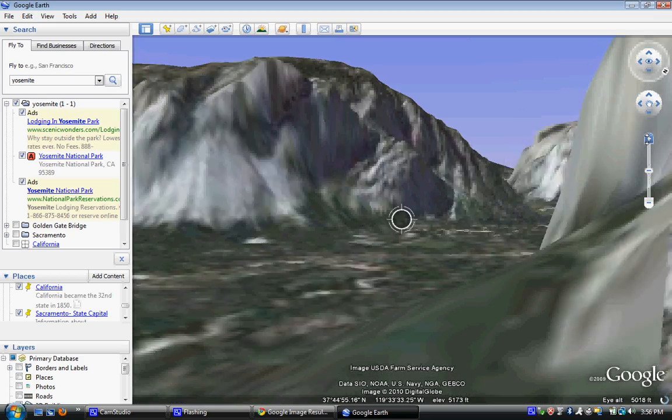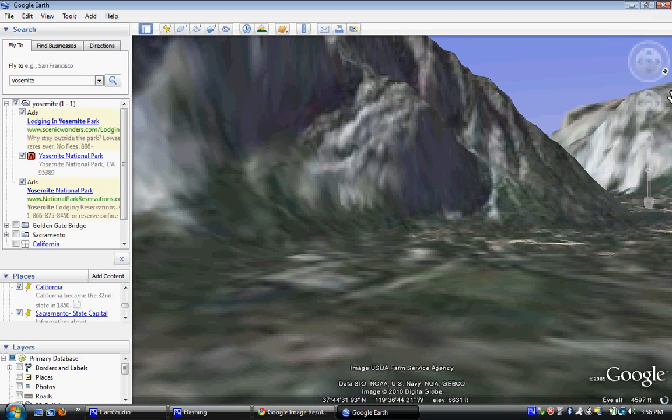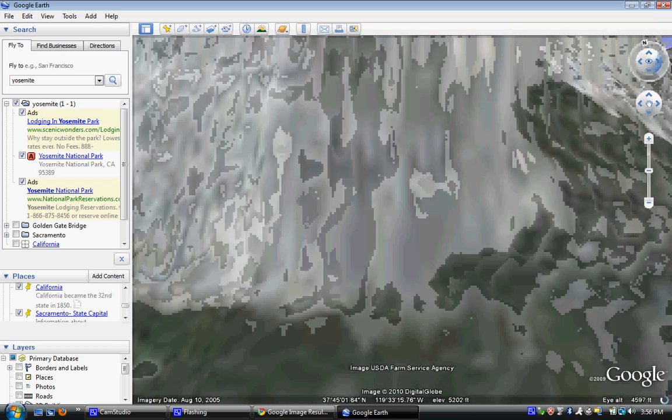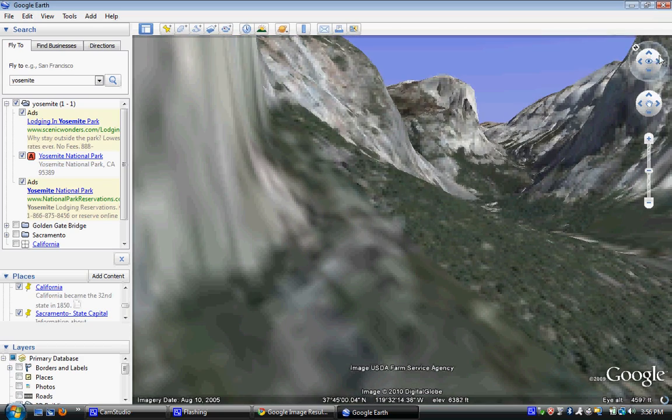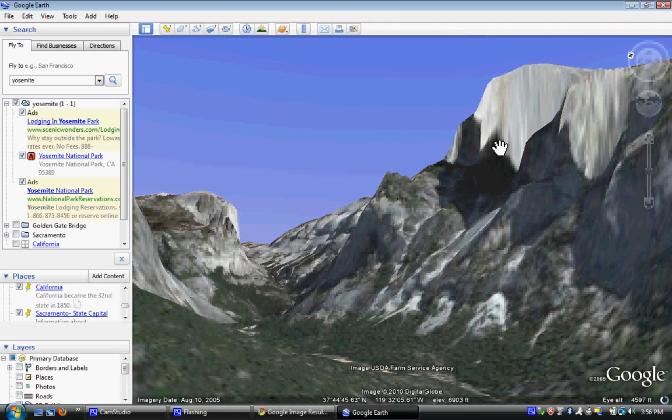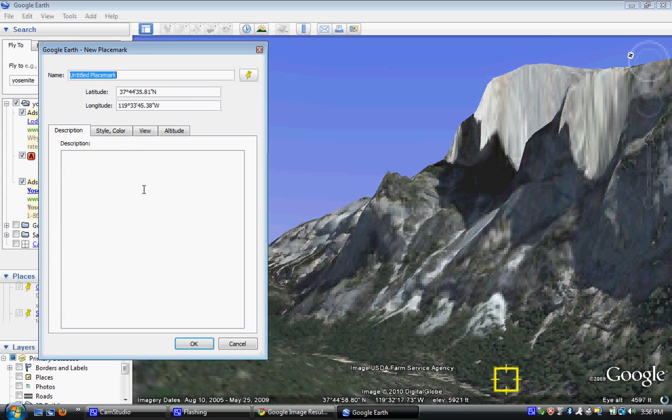Pretty cool, huh? Yeah, if you're doing Arizona, you definitely want to do the Grand Canyon. There's Half Dome, one of my favorite spots in Yosemite, so I'm going to drop a placemark,